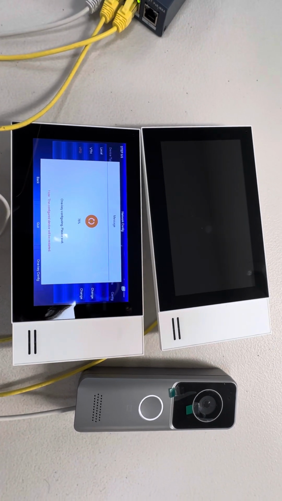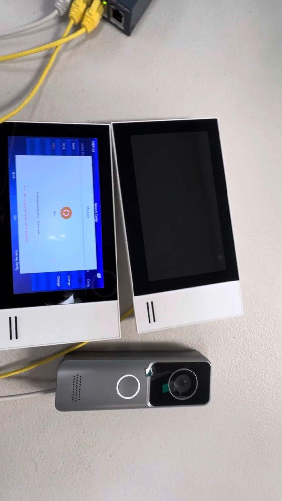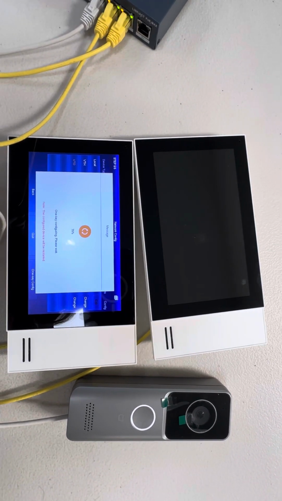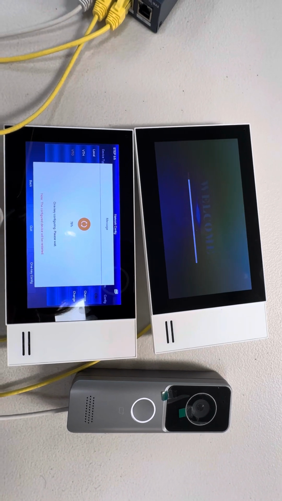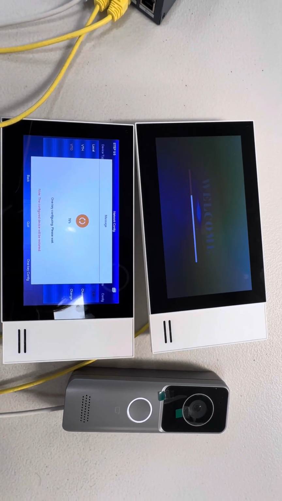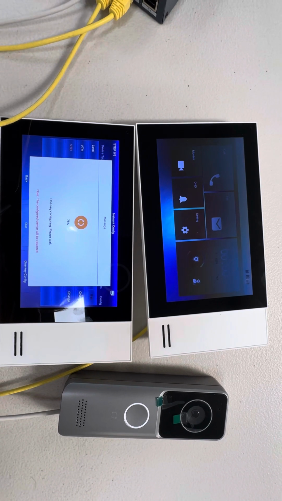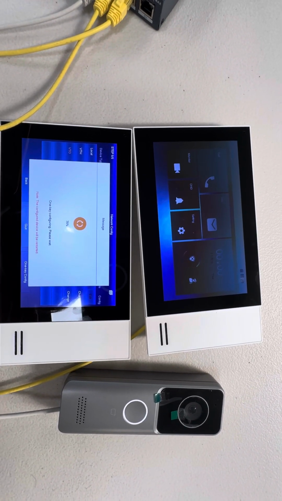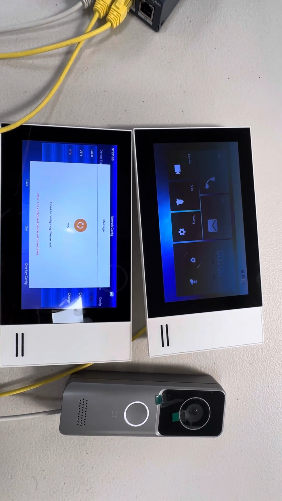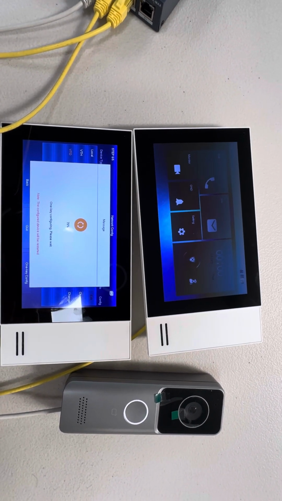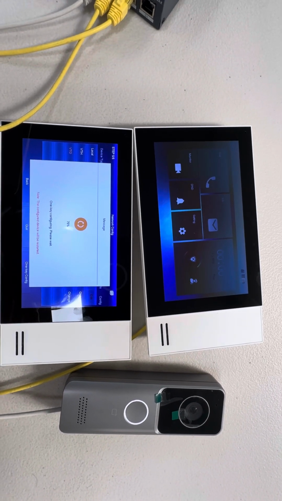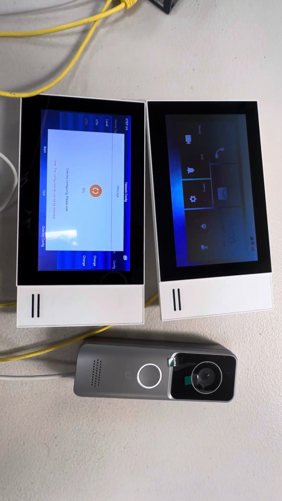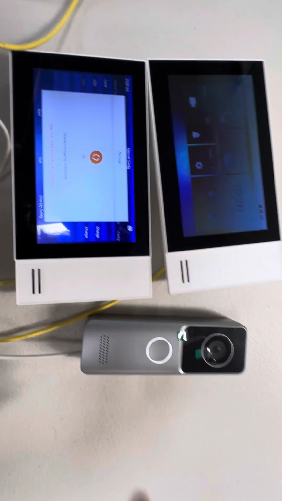The one key configuration will update all the information in the VTH and the VTO. Once the VTO is configured, it will keep sounding like this.